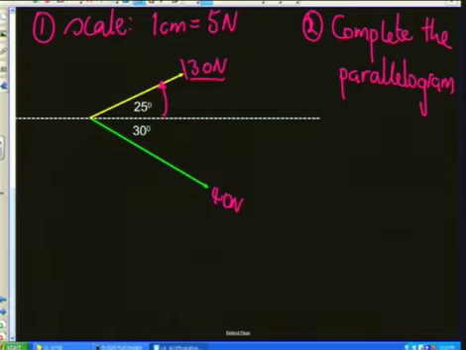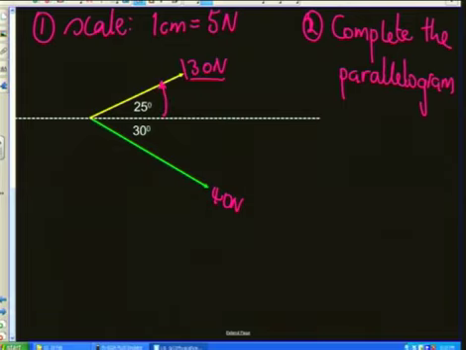The down one, or that force, this is F2, so F3 is 40 newtons. I will put my protractor here, facing downwards like that, with a 0 line along my horizontal there, and then measure this angle here, 30 degrees. Then I put a point where that 30 degrees is.